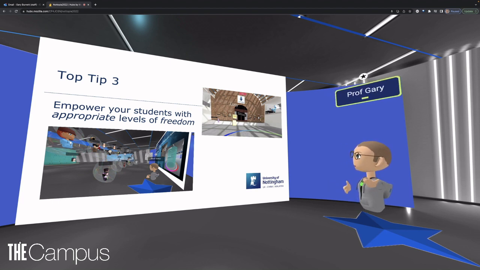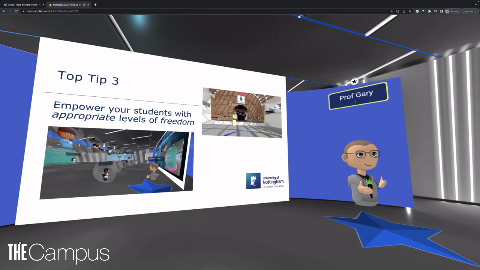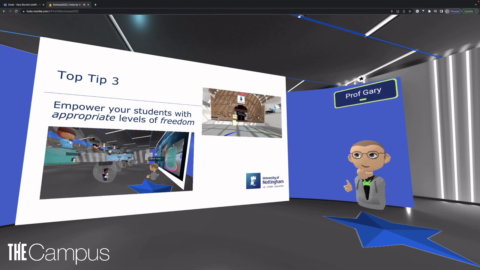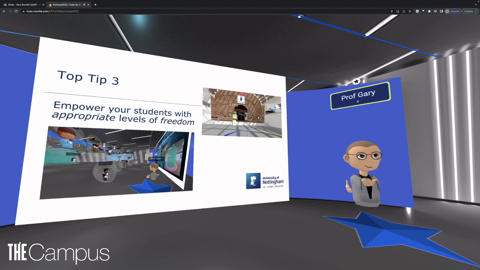Top tip 3, empower your students with appropriate levels of freedom. This is a really interesting one from our experiences. Students can potentially defy the laws of physics and fly and go through objects. In some situations, this may be highly relevant to students' learning, for example when inspecting an object from inside, but universal access to these superpowers can also be distracting, both for the teacher